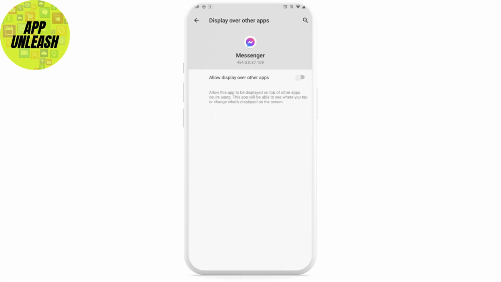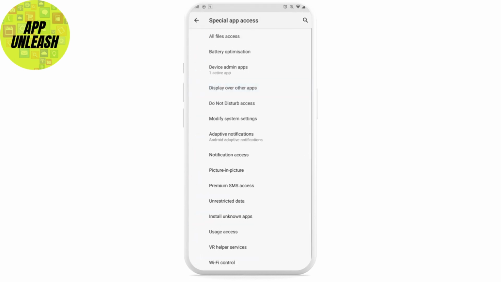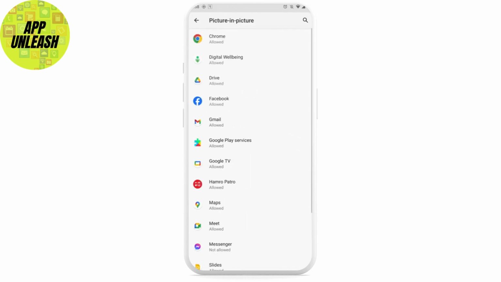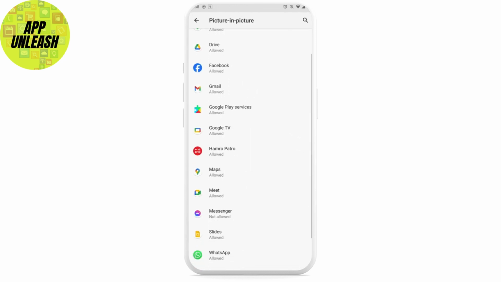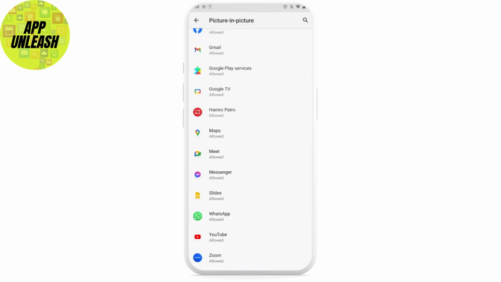So here you can find Messenger, and now if it's turned off, just simply turn on this option, and after turning on this option, just come back, and now you have to tap on picture in picture. After tapping on picture in picture, now you have to open up your Messenger again and then turn this option on, which is picture in picture mode. After doing that, just come back